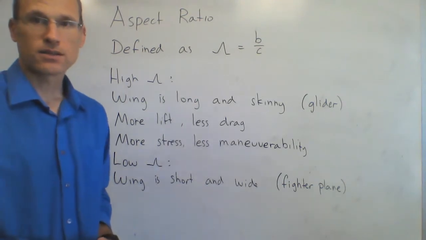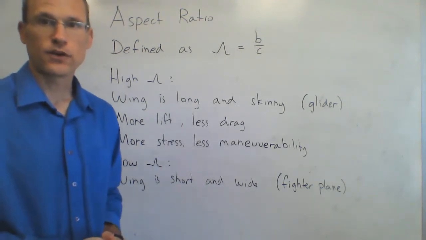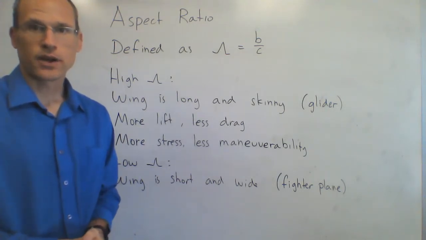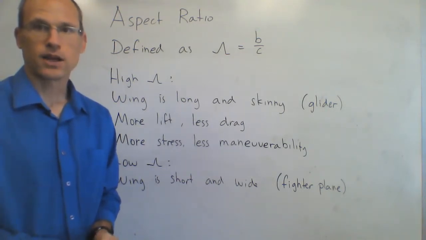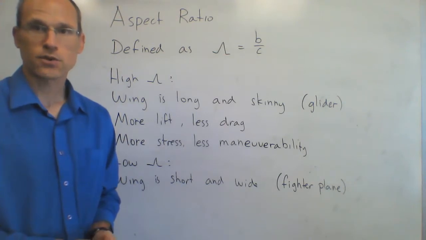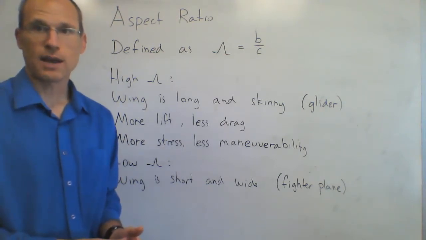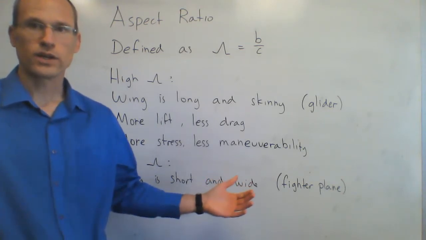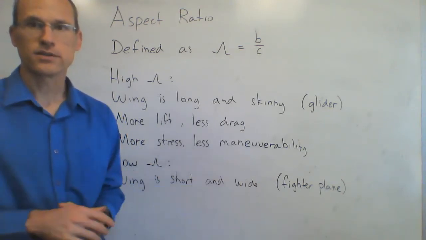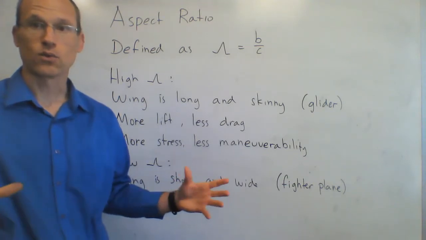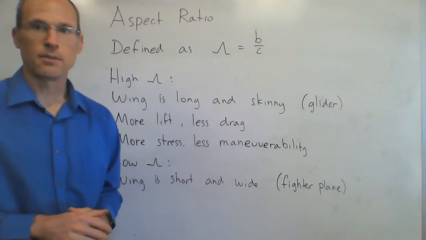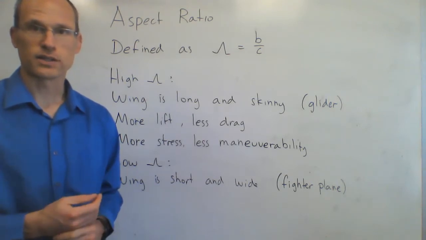So this leads to the last thing that the coefficient of lift CL depends on, which is something called the aspect ratio, defined to be the wingspan b divided by the wing chord c. Those wingtip vortices only happen at the ends of the wings, at the tips. So if I have really, really long wings, it's only happening way at the very ends, and compared to the entire length of the wing, I can pretty much ignore it. But for shorter wings, this is going to have more of an effect, so that's why this aspect ratio is